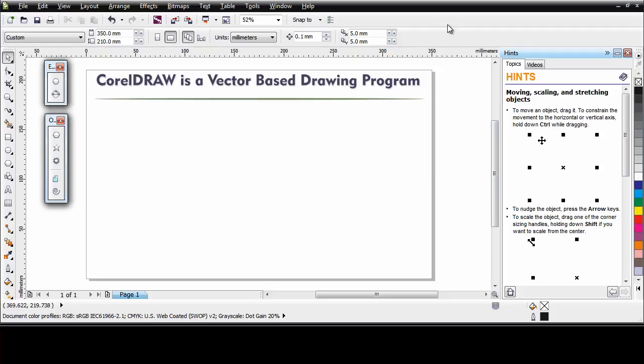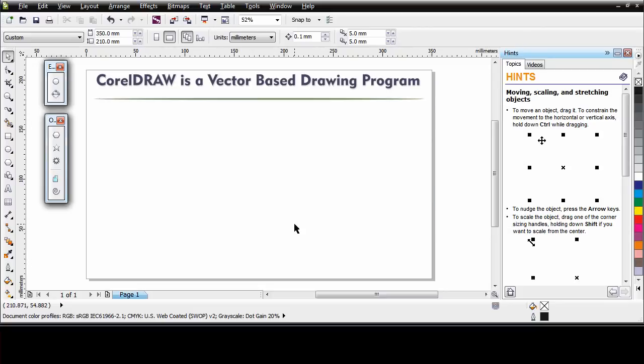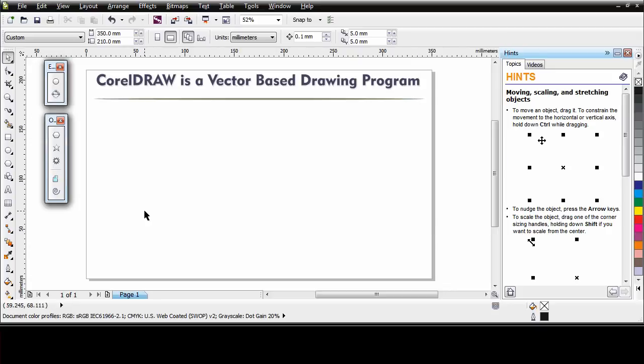So right click your mouse on any toolbar, and down the bottom there you'll see lock toolbars. Well, right now it's not selected. We don't have that little highlighted tick there. However, if I click on it, the toolbars become locked. So if you can't see those grab handles, you need to unlock the toolbar. Right click and click unlock or lock toolbars to deselect that. Okay,